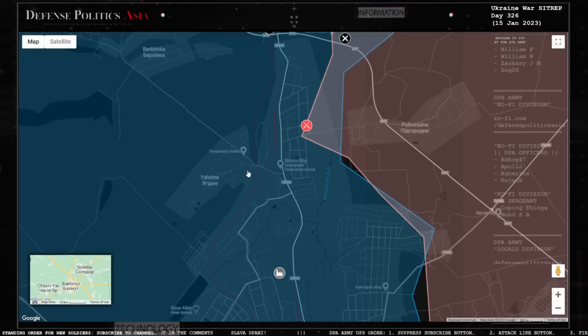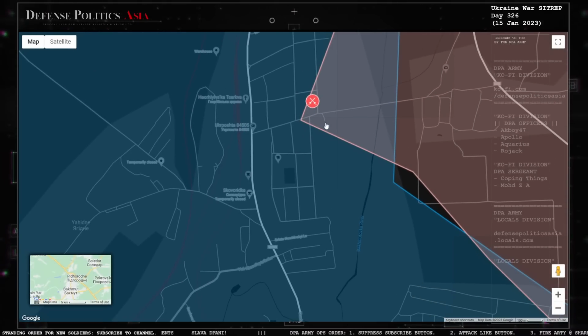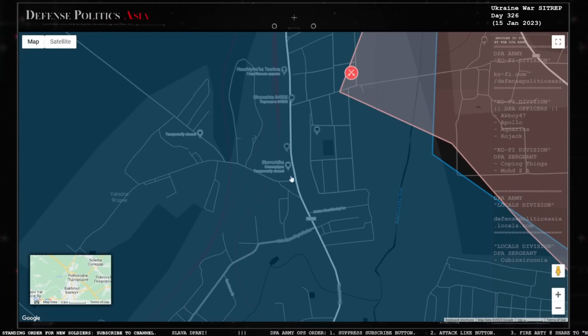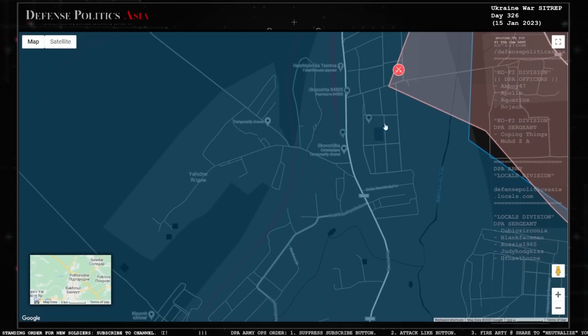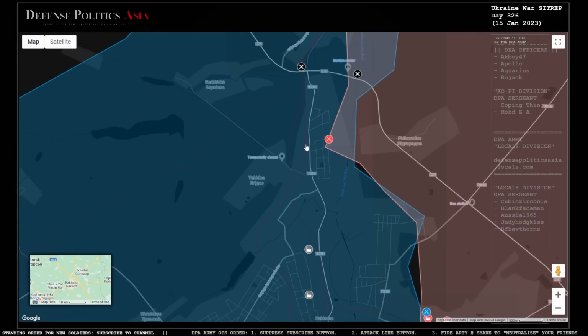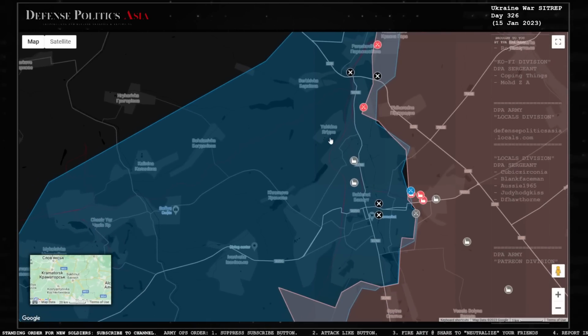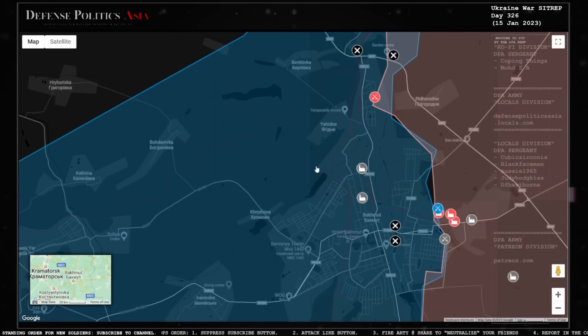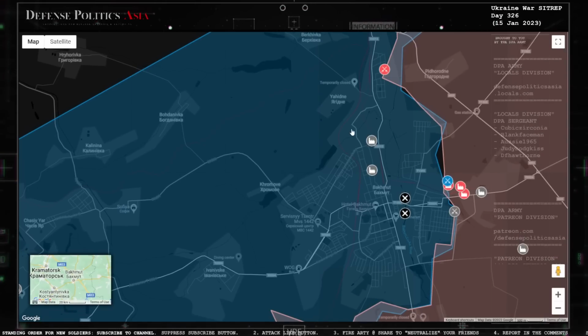So if this is true and they are actually just going to bypass this, go through this entire settlement here in the northern part of Bakhmut, go through the train tracks. These red lines are train tracks, by the way, and then hit Yakhidne. Oh my god, then the Ukrainians would have to make a very serious decision about whether they want to continue